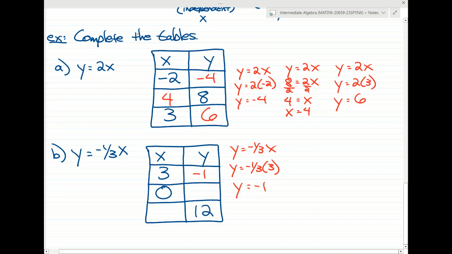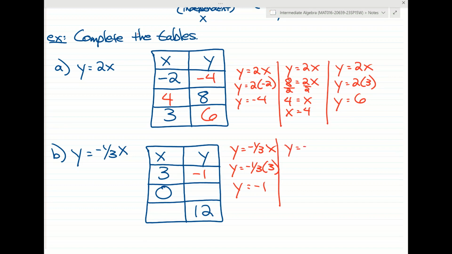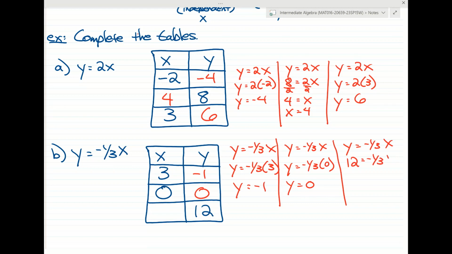If x is 0, you get y is 0. And then if y is 12, we have to divide by a fraction. So in math, when you divide by a fraction, it's the same thing as multiplying by the reciprocal. So what I mean by that is, if we divide 12 by -1/3,